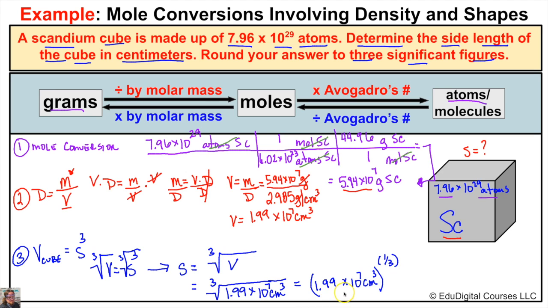And so, depending on what type of calculator you have, you can enter this expression in like this, or you can enter it in like this. And either way, you're going to end up with a side length of 2.71 times 10 to the 2